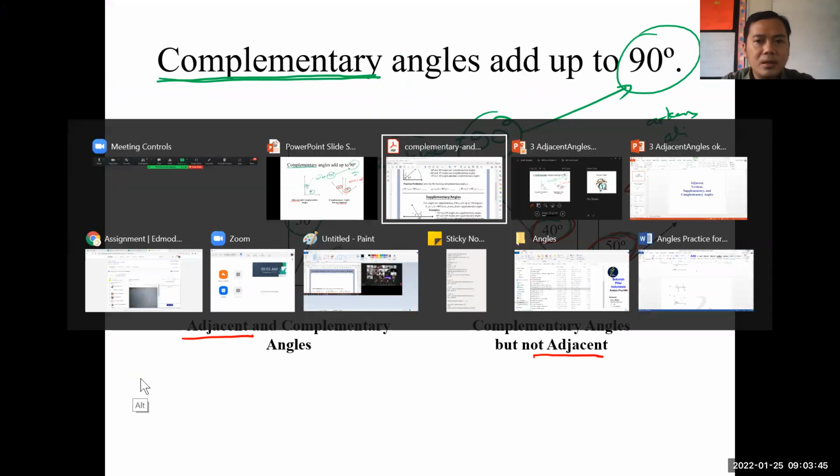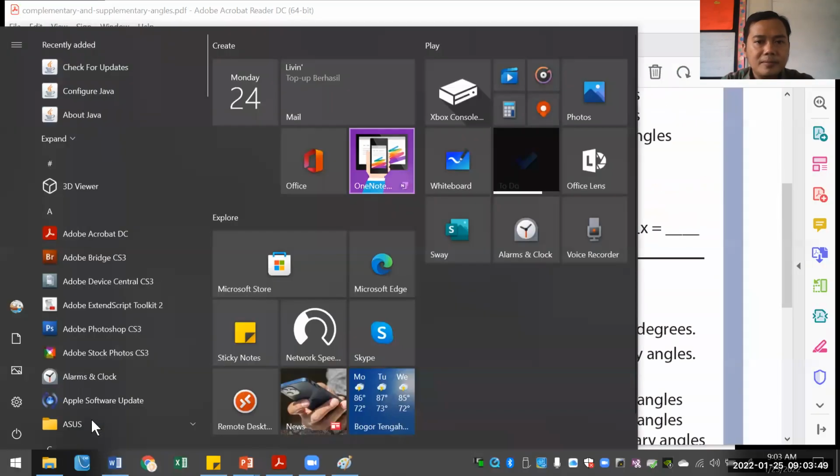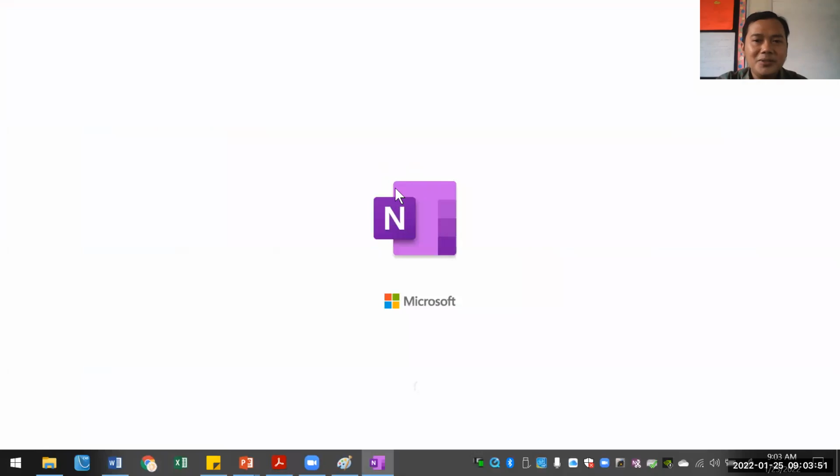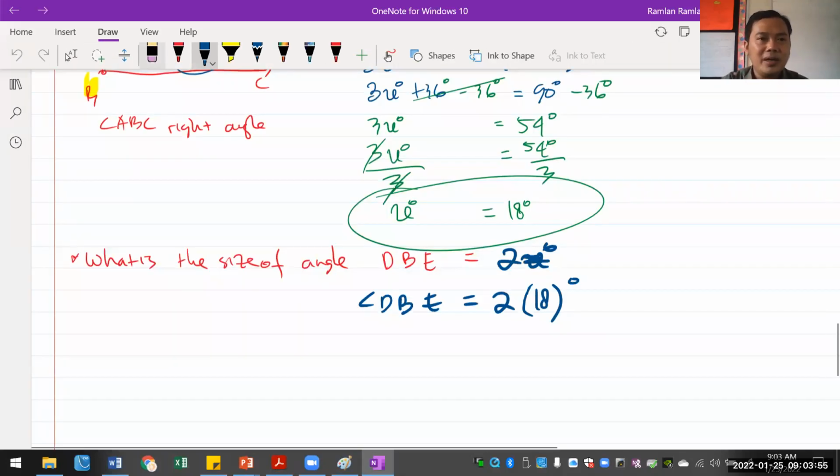Otomatis selesai. Teman. Ya, loading dulu. Oke, saya ulang ya guys. So,